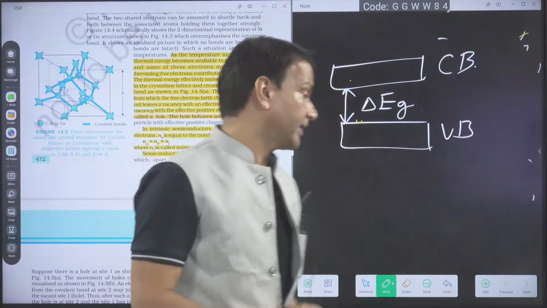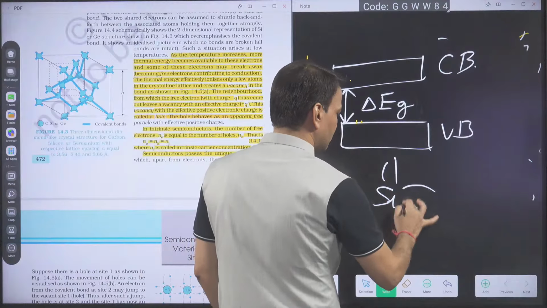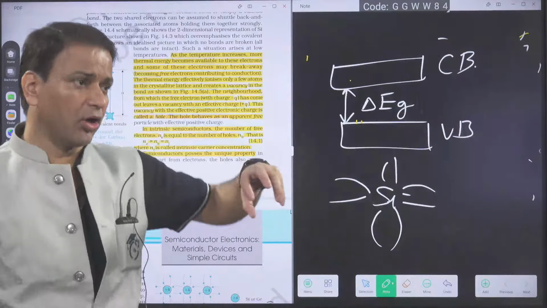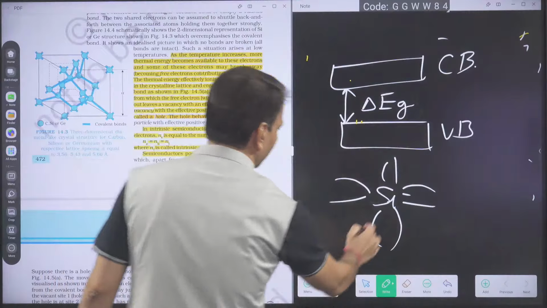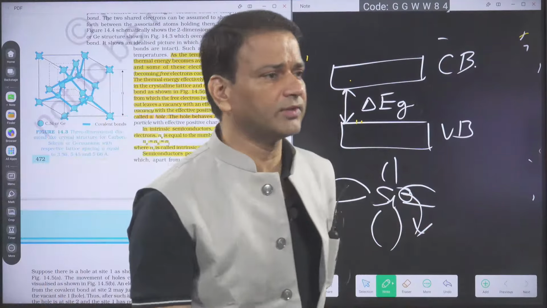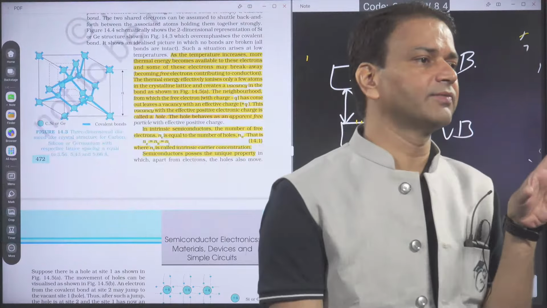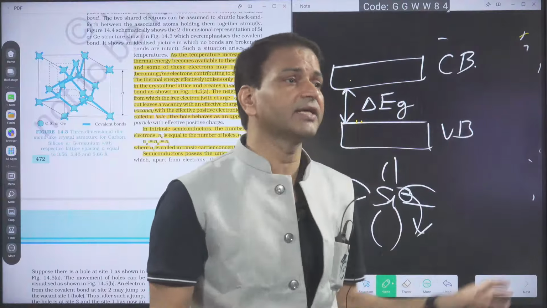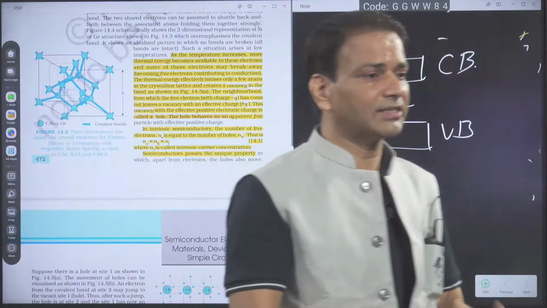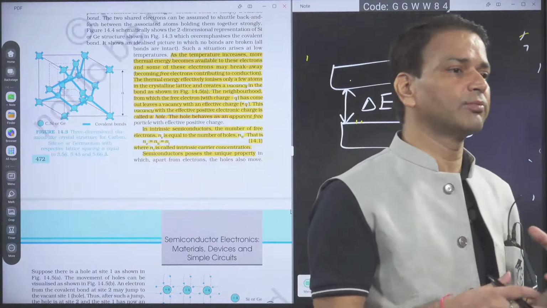One thing. Second thing, the valence electron, when we are taking the example of silicon. Suppose a covalent electron becomes free and comes out. So when the electron comes out, what will happen in the covalent bond? We can say there is a deficiency of the electron. That electron deficiency we are treating as a positive charge, that is called the hole. Hole is only an imaginary thing. Only to explain the conduction easily in the semiconductor, we introduce the concept of the hole.